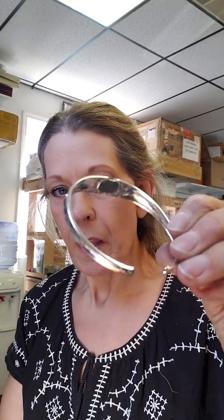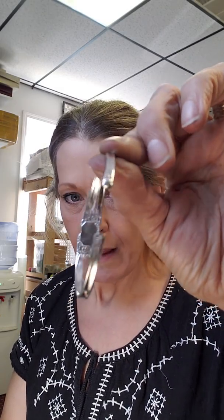So this is one I have made before, and it has a little brace on the back. The reason I put the brace on is because this handle is very, very thin. To give some additional support to the seam area, I added a brace. If you have thick pieces of silverware, you may not need to add a brace, but you can also add a brace that has your maker's mark or your stamp on it,